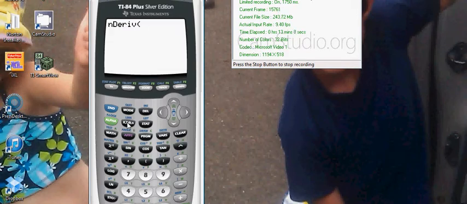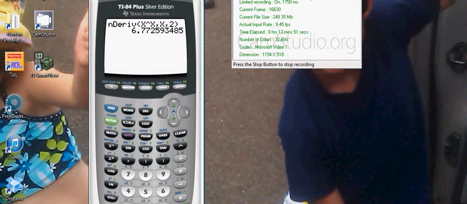What I next do is I enter in the function I want to find the derivative of, x raised to the x. I then, and this is very strange, have to tell it what the independent variable is. I'm going to let it know that the independent variable is x, and then I'm going to tell it the value at which I want it to find the derivative. So again, you're going to put in nDerivative, which you find by going to Math option 8. You're going to put the function in here without y equals. You're going to put in the variable here. For right now, that's always going to be x. And then you're going to put the value here that you want to find the derivative at. As soon as you hit enter on your calculator, it gives you an approximation for the slope of the tangent line,